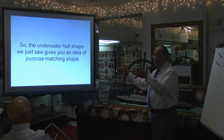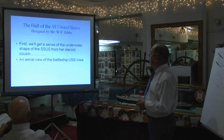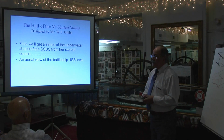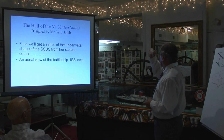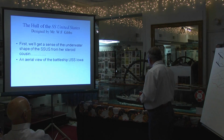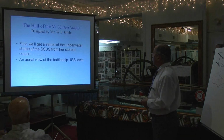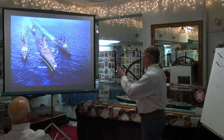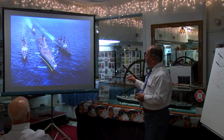So the purpose matches the shape of the hull. And then if we go on to the hull of the SS United States, we'll get a sense of what the ship shape of the SS United States is by looking at another ship. And this will give you an indication of where we're going. So here is an Iowa class battleship, and you'll see it marked on there PMB, and you'll see the PMB of this particular ship